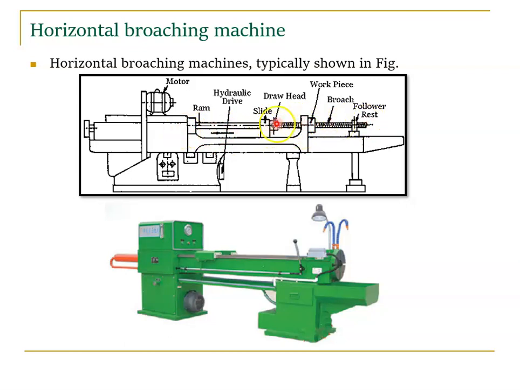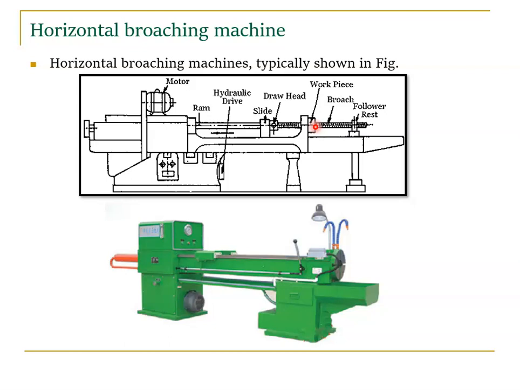We have a slender rod. At the end of the slender rod we attach our broaching tool, right? We attach our broaching tool. So here our workpiece is placed. So if it moves reciprocatingly, the ram moves reciprocatingly. So when the reciprocating move happens, you can enlarge the hole or you can make a slot or you can make